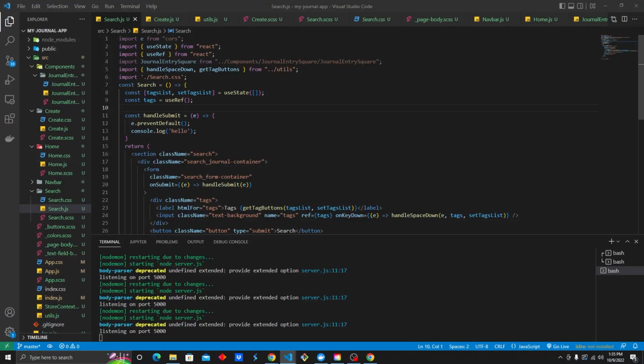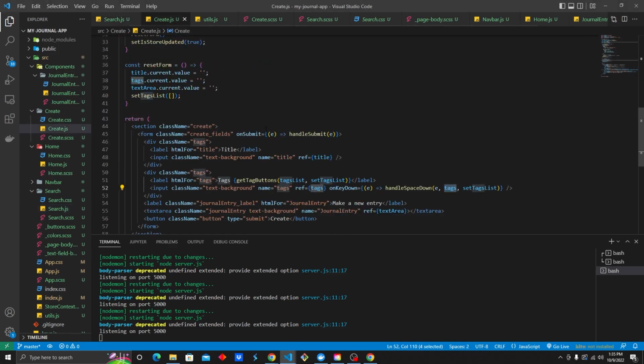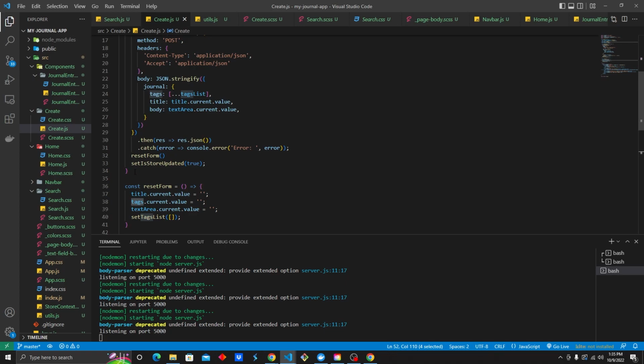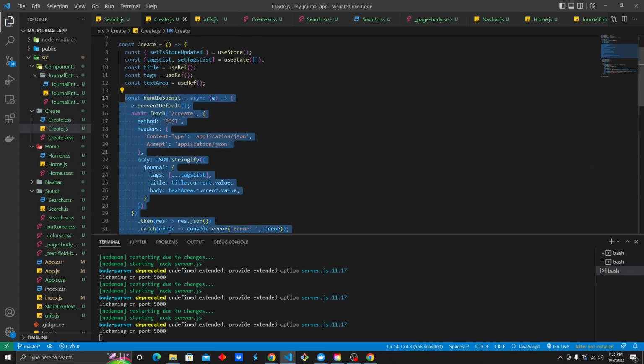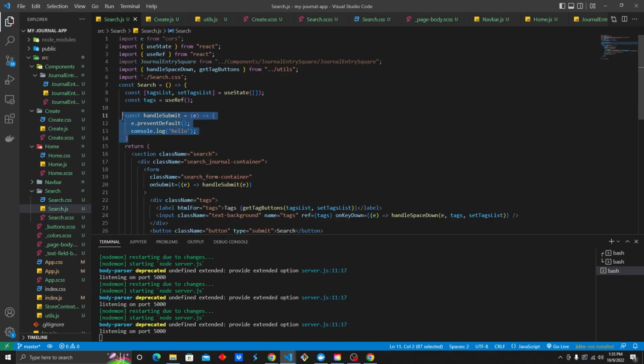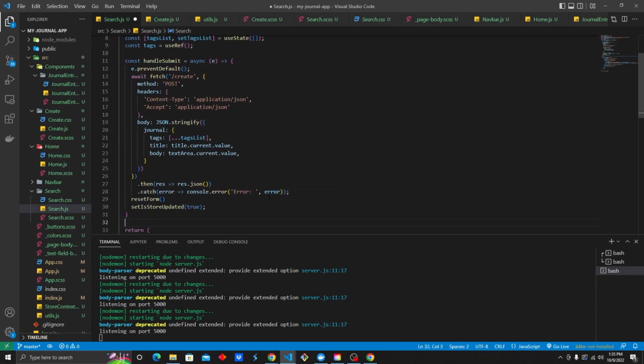Our handle submit call is going to be very similar to the one that we made in our create.js. So we're actually going to go ahead and just copy that on over. There'll be a few differences. So this does not count as dry code or wet code, because what we're going to be passing in is our tags list. So we'll get rid of journal